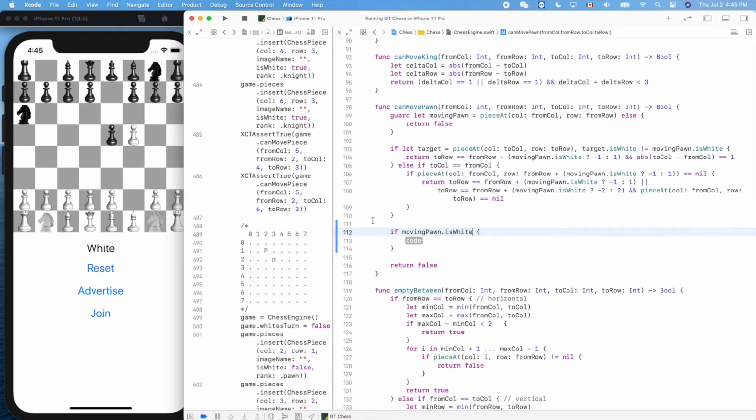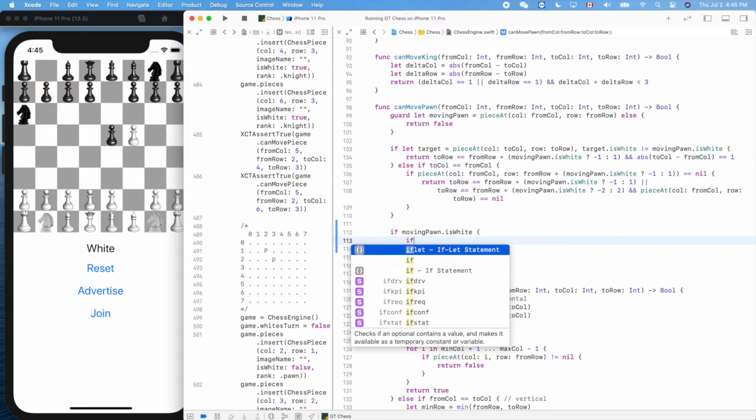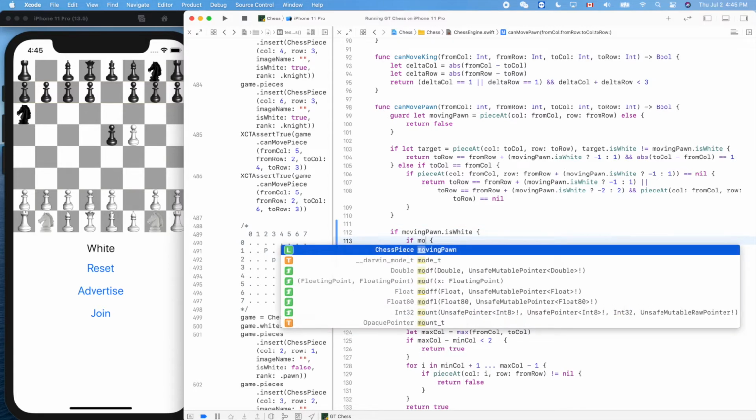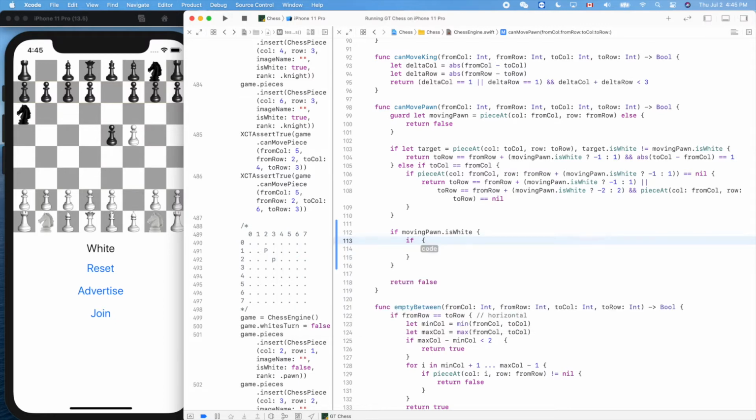If it's white, it means it has to be on this row. So if moving from row has to be 0, 1, 2, 3, has to be 3,